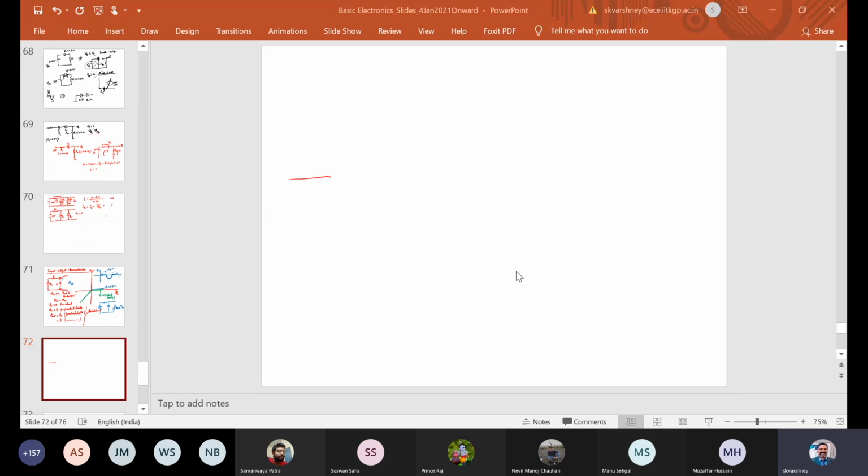So the basic blocks start with the input, which is connected to the power supply, say 220 volt, 50 hertz. Now you want to create a 10 volt or 5 volt source. How do we create it? First we step down using a step down transformer, and then there are 4 diodes. There is a reason to use this kind of configuration, which will be clear as we progress further.